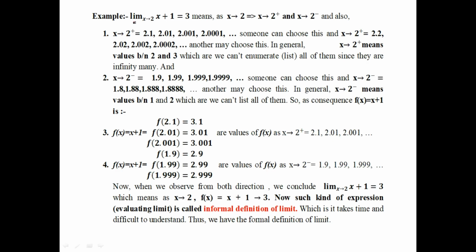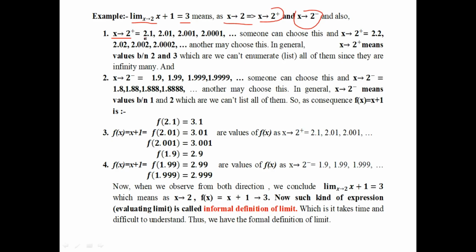For example, the limit of x plus 1 as x approaches 2 is equal to 3. As x approaches 2, we have 2 chances: x approaches 2 from the right, and x approaches 2 from the left. As x approaches 2 from the right, in the sense that x takes values between 2 and 3,